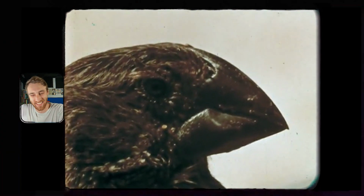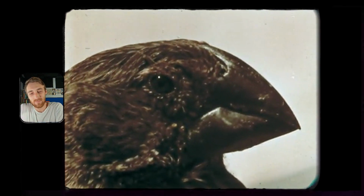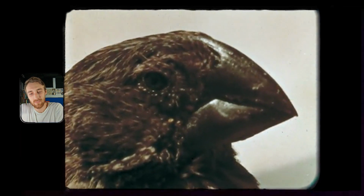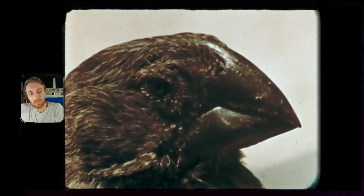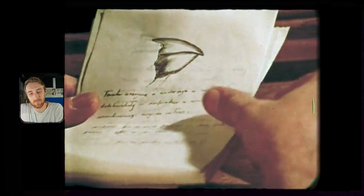Let's keep going. Found on 13 islands. Darwin, knowing now that his specimens had to be separated island by island, collected enough birds to establish by later study that between these two extremes was an almost